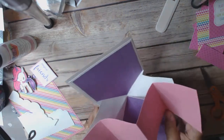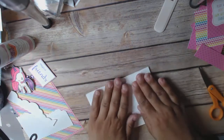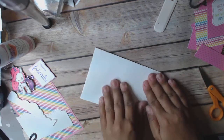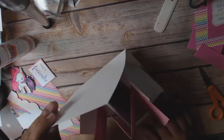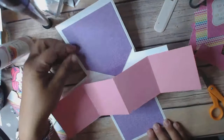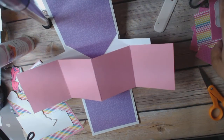It's not bending, so I kind of have to work it a little bit. And let's see if I can get it to close. There we go. So just like the other ones, you kind of have to work it a little bit so that it will open and close for you. So it's working. Okay. So there is that, and that's just part of the learning curve with doing this type